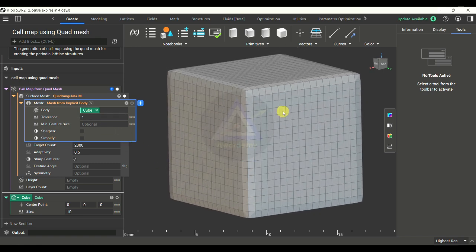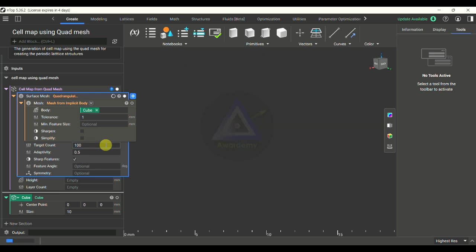Yeah, here, as I said, we are using quad mesh. So here we are able to generate the quad mesh. Okay, so this is how we can generate this quad mesh. Now, target count. By default, nTopology is suggesting 200. If somebody wants lower than that, they can freely give the value. And if somebody wants more than that, they can freely give the value. Let's give the value 100 and see what is going